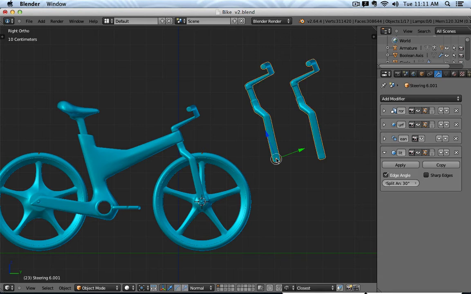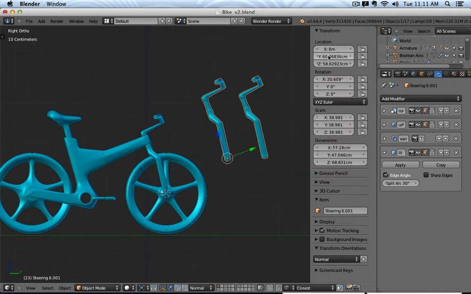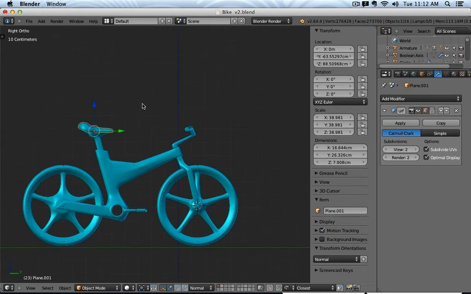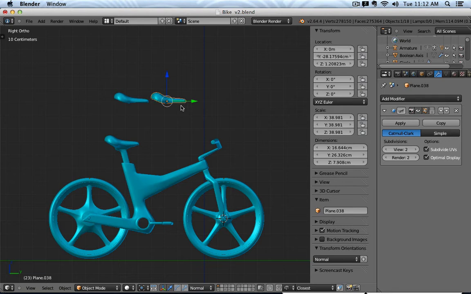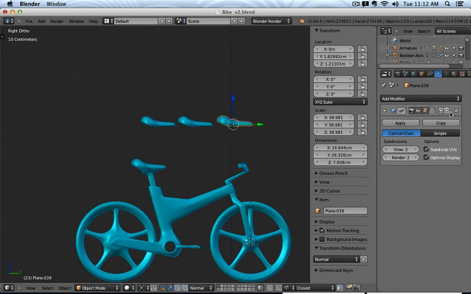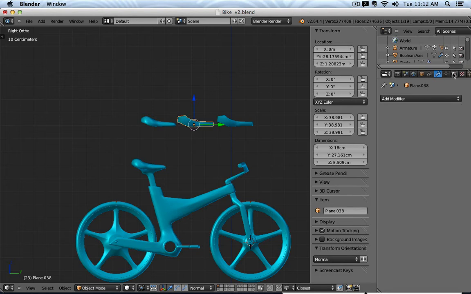Kind of like when you're in a layer program and you create a text frame, you can just write whatever text you want, but you just have one frame. And then this object has all the information about transform, etc., and also, for example, the modifier. So the modifiers are applied to the object and not really to the mesh. So that means, for example, let's say I'm duplicating this seat 2 times, and then I'm deleting